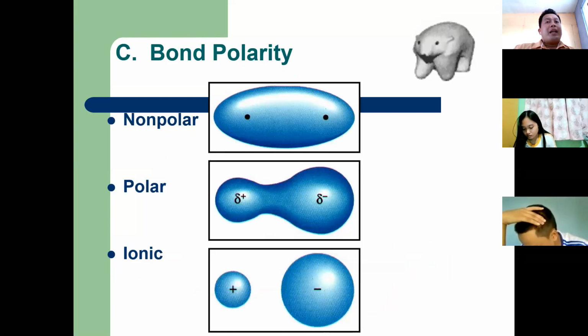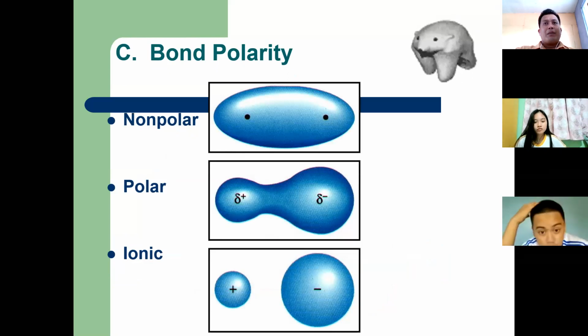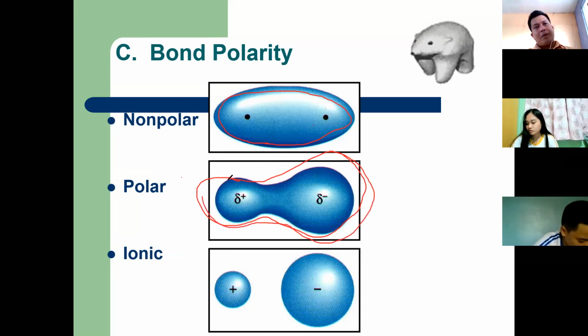Polar covalent bond, non-polar covalent bond, and ionic bond. So notice the ionic bond, class, the presence of the positive and the negative ions. But when you talk about the polarity of covalent bond as non-polar and polar, in a certain shape, there is no greater polarity on either of the sides of the molecule. So therefore, this is non-polar. But if there's a high chance that one side is bigger than the other, then this is polar. Non-polar, polar. The polar has a stronger side. In the non-polar, there's an equal distribution of